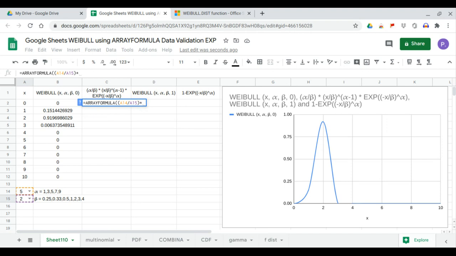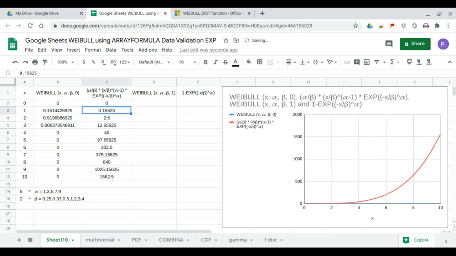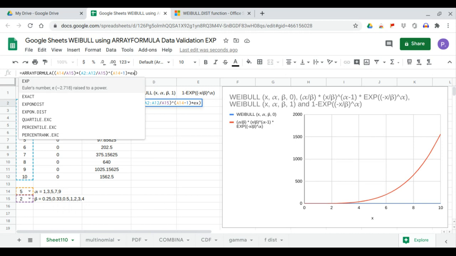Times the next one, x over beta, raised to the power alpha minus 1, times. So let's start first with this one. Let's see how it works. So we're good. Now we can complete with one more term, times exponent